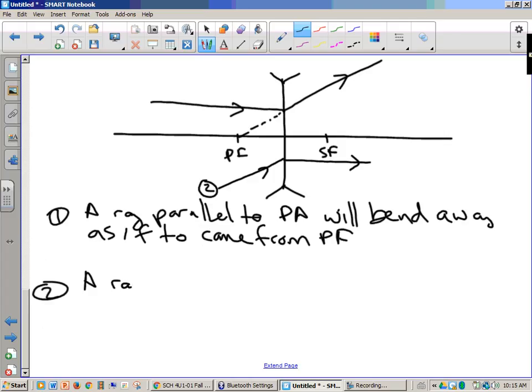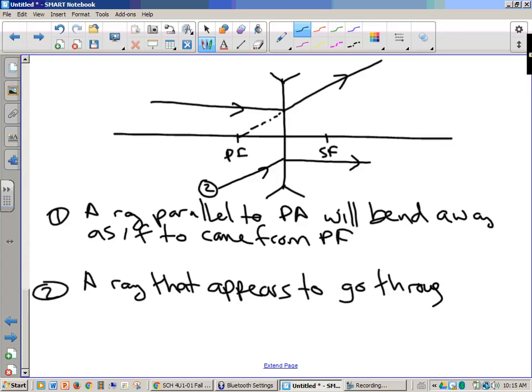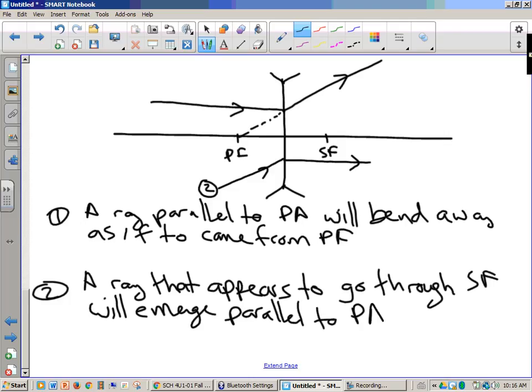A ray that appears to go through SF will emerge parallel to PA. Again, don't like rule number 2, but rule number 3 is awesome. A ray that goes through the center of the lens